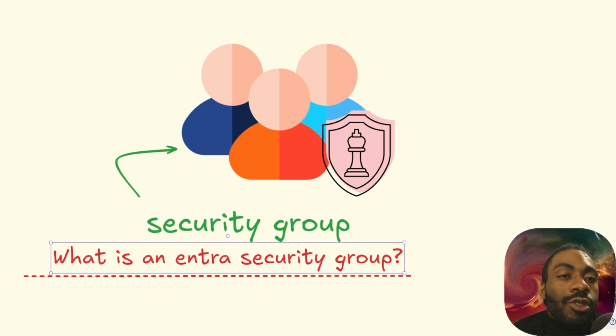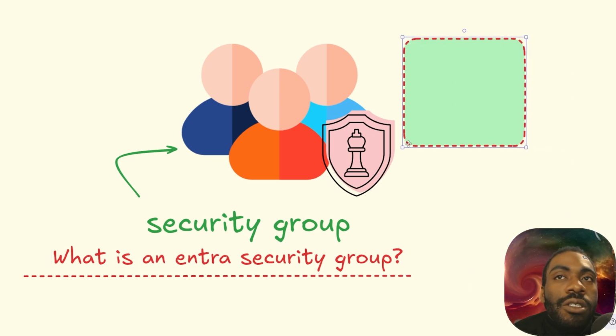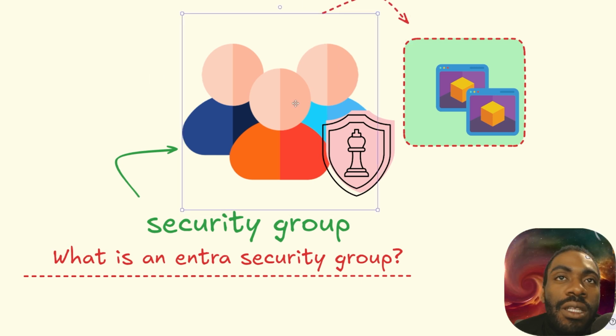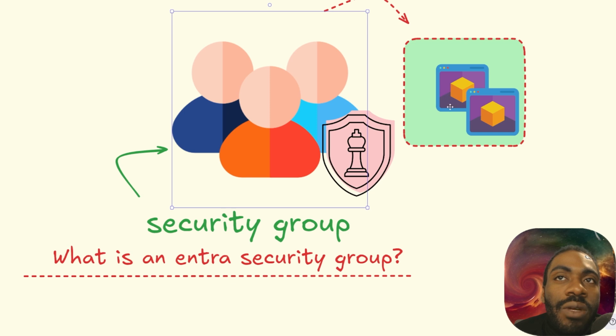That is an Entra security group. Entra security groups are used to manage access permissions to Azure resources. Let's say you had a group like so, and in that group, you had virtual machines, just like that. And what we wanted to do was grant several users access to those virtual machines. What we could do is put all of those users into one group. And now everybody that we place into that group from here on out is now going to have access to those virtual machines because they are in that security group.